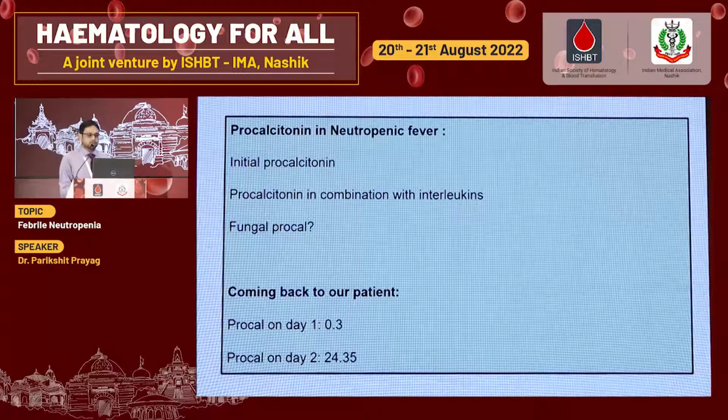But try to make sure that these cultures have been sent in the right manner. As I mentioned, procalcitonin can take about 12 to 24 hours to elevate. So don't go by the first procal. A lot of times by day 2 or day 3 of febrile neutropenia, if you have sent 2 or 3 sets of blood cultures and have had 2 or 3 values of procalcitonin negative, you are heading with fair certainty